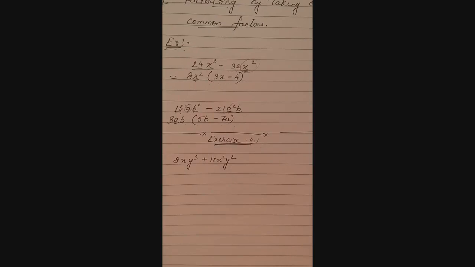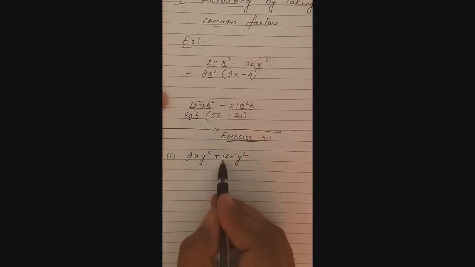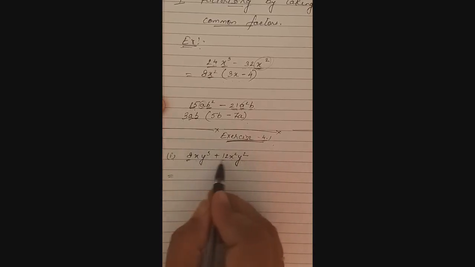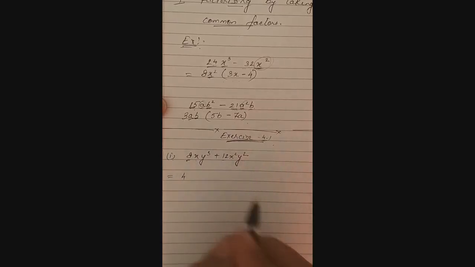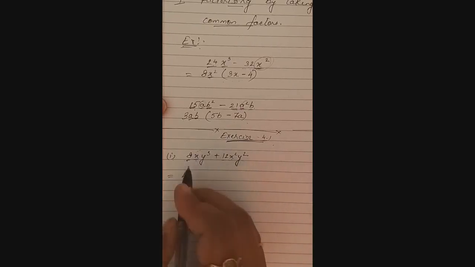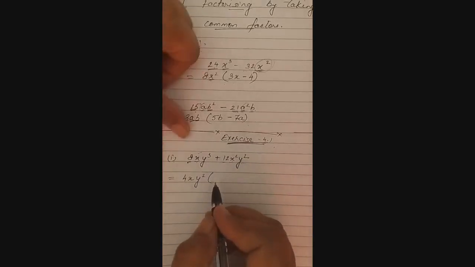Now see here also in this expression we have 2 terms. 8, one numerical and 2 variables. Here also one numerical and 2 variables. Okay. So first we will take what is common in the numerical coefficient. What is common in 8 and 12? 4. 4 we have written. Now see the second term. Which one is least? This x is least, so I will write x. Now y cube and y square. Which one is least? Y square. Okay. So now what is left here?